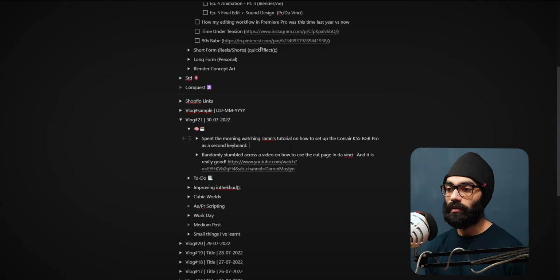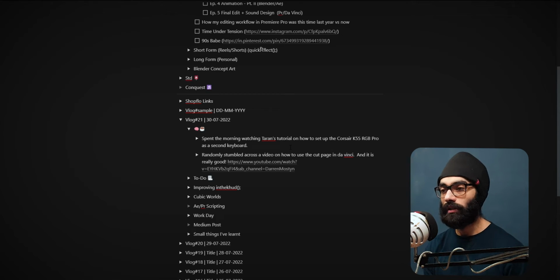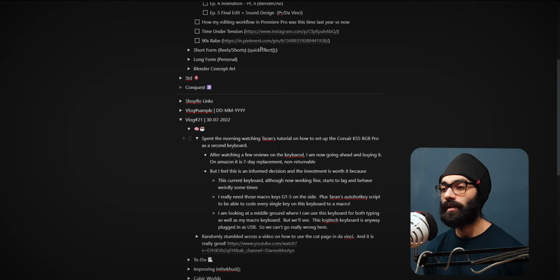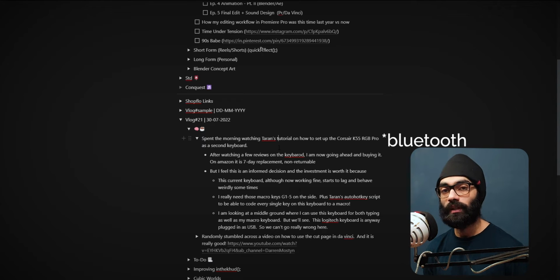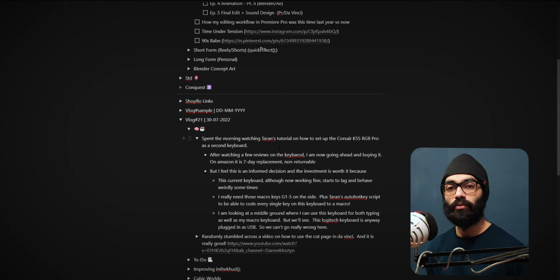Now over here this is typing fine, but even then the keys are not as responsive as I would want them to be. My muscle memory is completely into this keyboard. In the tutorial, Taran says that you cannot use that keyboard as a secondary keyboard because ICUE or iCUE, their software, doesn't recognize it as one. I don't know if that is the case with the USB keyboard also, but if that happens to be the case, I would essentially want that keyboard to be the main keyboard, and I could use G1 to G6,